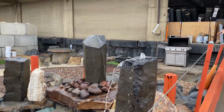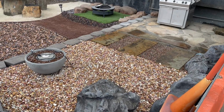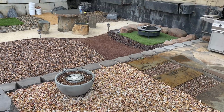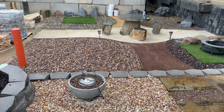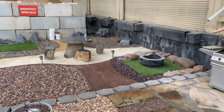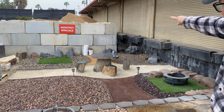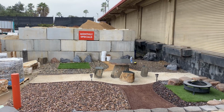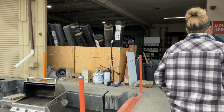Then here, they've shown you some kind of examples of how the rock might look in situ, if you will. This is Palm Springs Gold 1/2. That's Southwest Brown over there. Then they've got the dark cocoa brown DG. They've got the gold DG over on the other side, and then just the standard DG in the middle. They've got some flagstones, and then inside at Southwest Boulder,